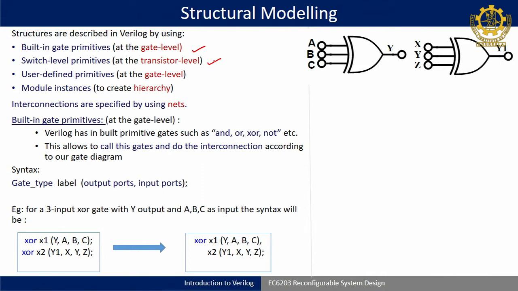Similarly, transistor level modeling. Transistor level modeling supports switch level primitives, like NMOS, PMOS, CMOS. I told you in the capabilities of Verilog that it supports NMOS, CMOS, PMOS, which are used to model transistor level design. Similarly, users can define their own primitives. Like mux is not a primitive available in a Verilog model, so you can define mux as your own user primitive, and instantiate it in the top module design. That we will see in a later class.